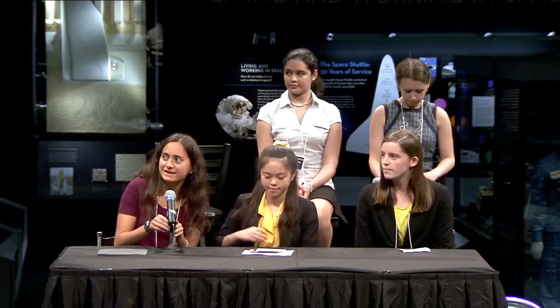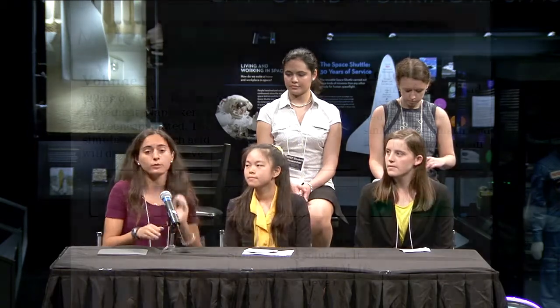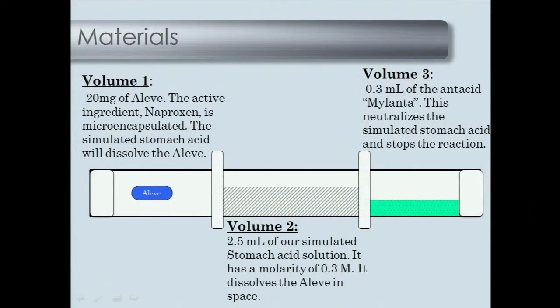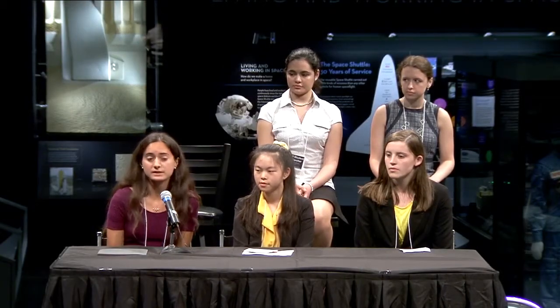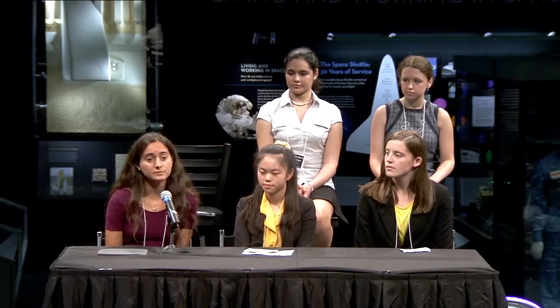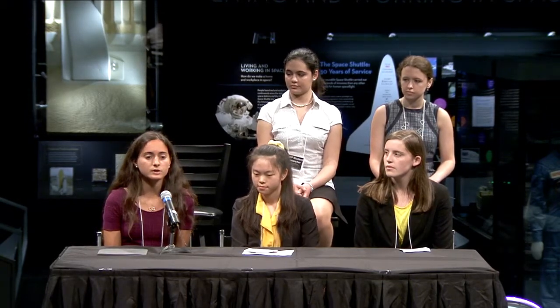Okay, next slide. So for our experiment, we chose to use the Type 3 FME mini lab. So that was the mini lab that was able to hold 3 different volumes. And in our mini lab, the first volume, volume 1, was Aleve extended release microencapsulated medication, represented by the blue pill. And in Aleve, naproxen is the active ingredient, and naproxen is what's microencapsulated. So as Christina and Jenny just said, this simply means that it has many coatings that dissolve at different rates. And then our central volume was a simulated stomach acid, and our last volume in the tube was an